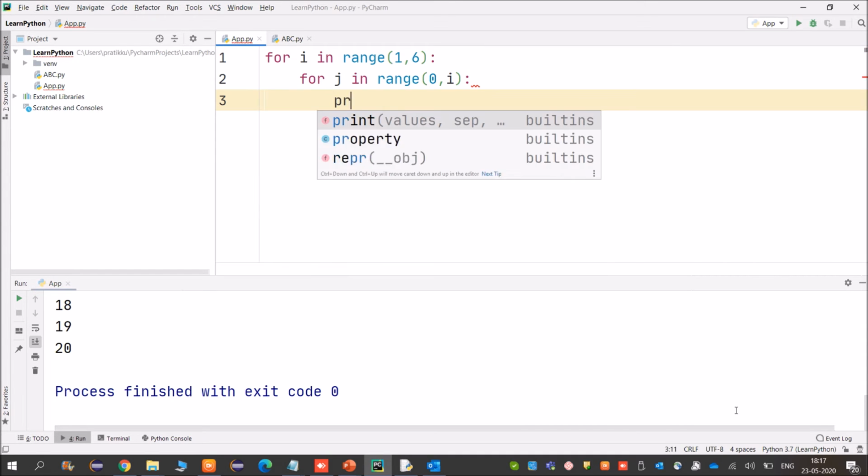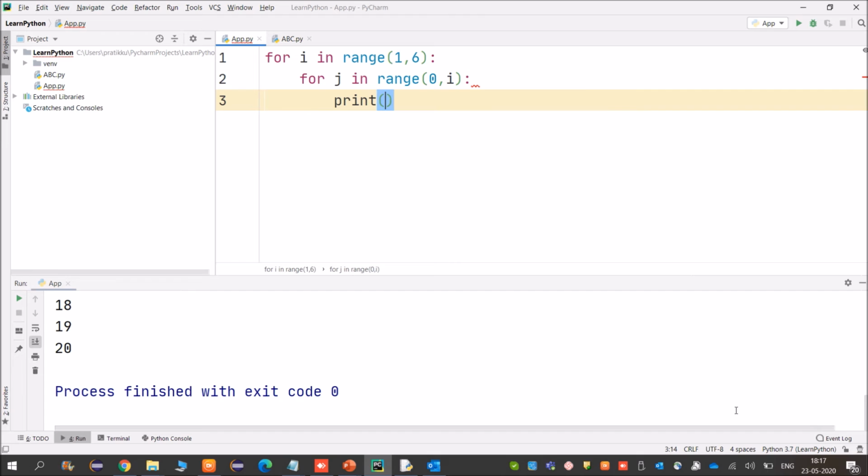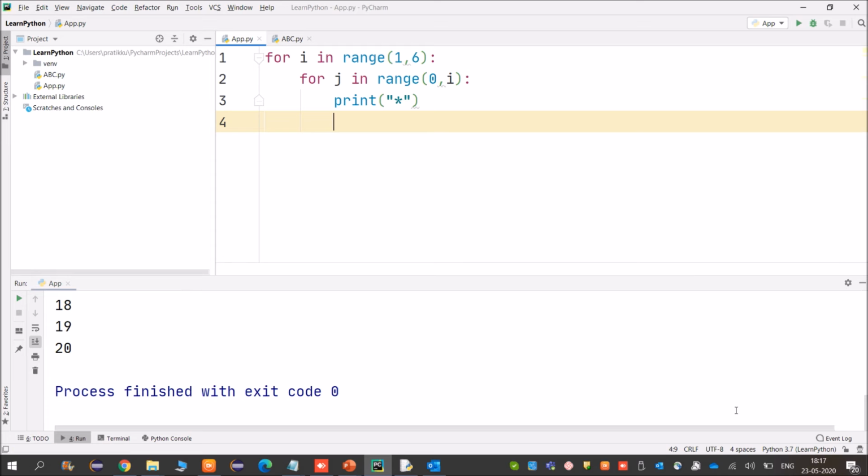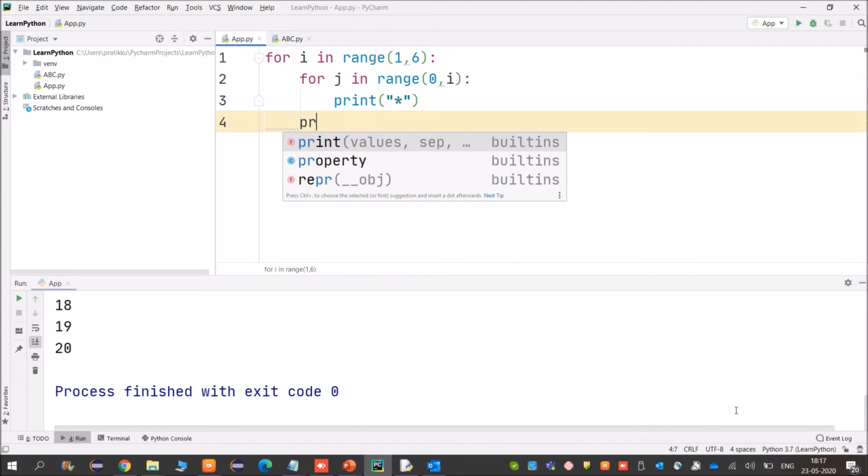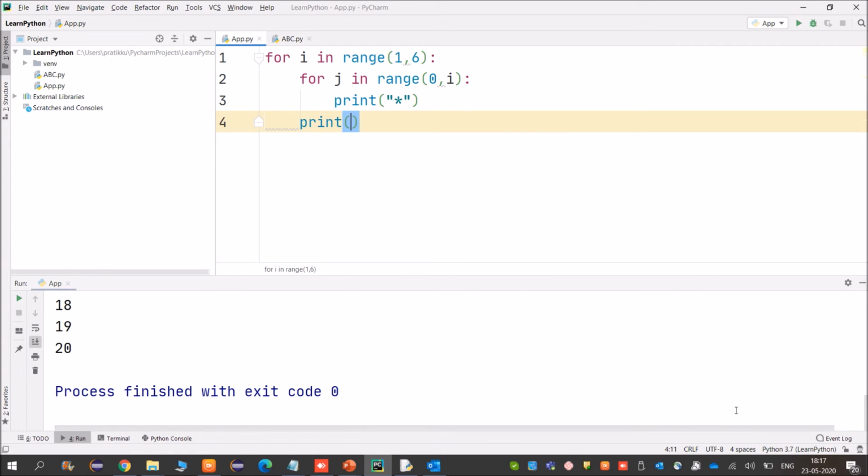And then friends, I will mention here print, and then I need to print what? Star, print star. Okay, I will not add the end parameter. We will see what happens if we do not add it. And then friends, print, only the print function we will be calling here. Now how the output will be, we will understand here.